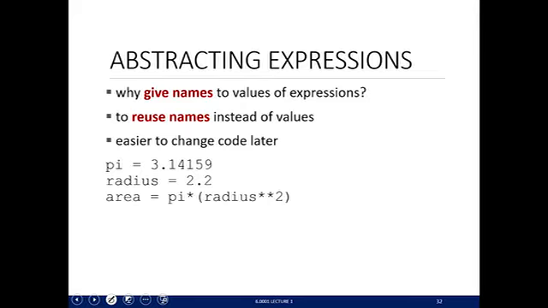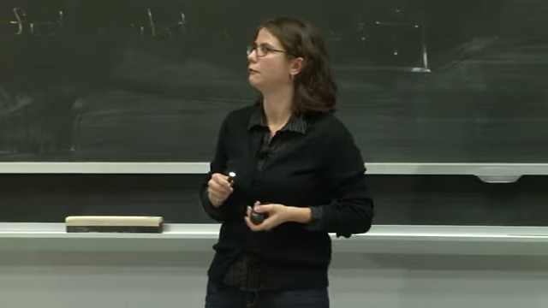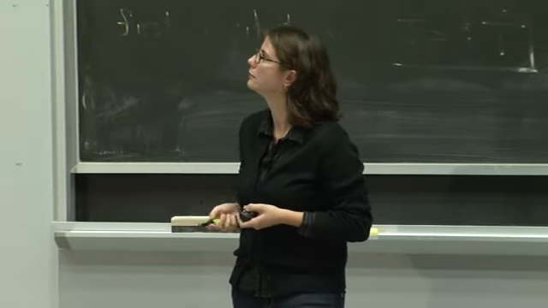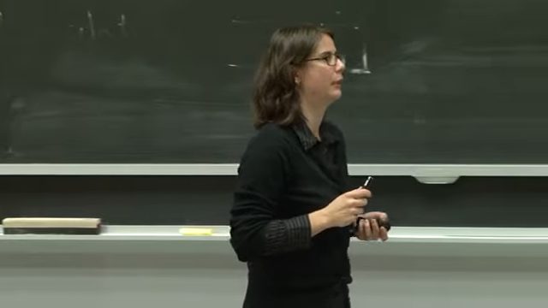And then later on in my code, I have another line that says area. This is another variable, is equal to, this is an assignment, to this expression. And this expression is referring to these variable names, pi and radius. It's going to look up their values in memory, replace these variable names with those values, and do the calculation for me. And in the end, this whole expression is going to be replaced by one number, and that's going to be the float. Okay?